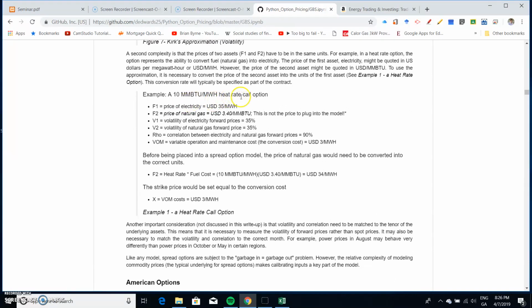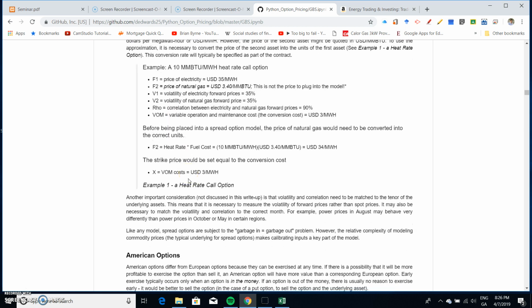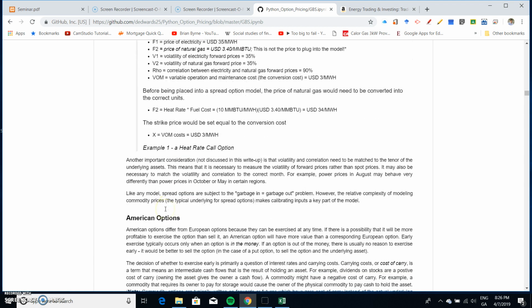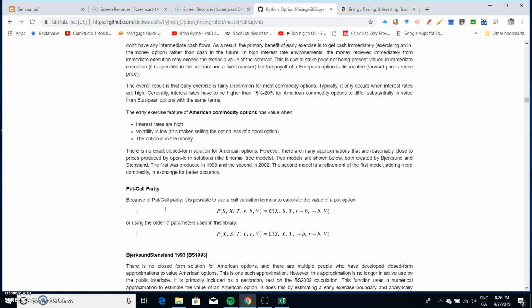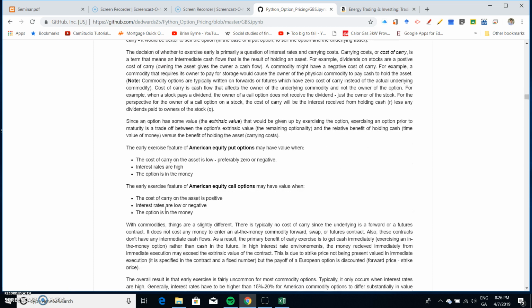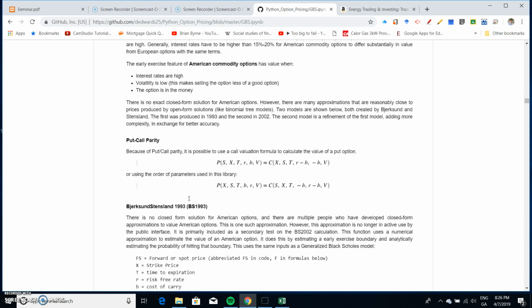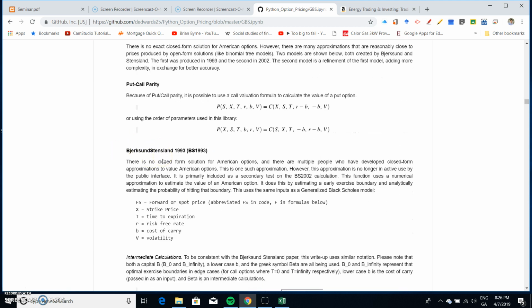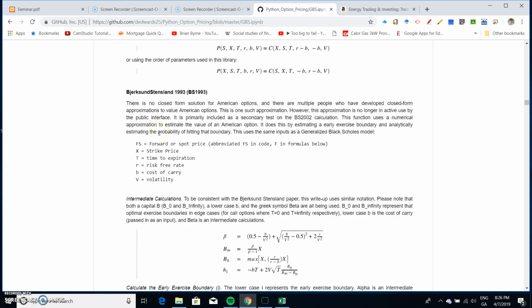And a heat rate call option. It looks as if it's based here on energy, so price of electricity, price of natural gas. It looks like it could be two assets, and maybe there's some kind of difference between the two. So again, I wouldn't mind taking a deeper look at the content here. And then a model that I'm relatively familiar with is the Bjerksund and Stensland model 1993, and there's